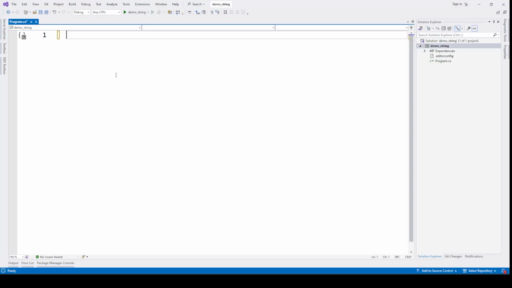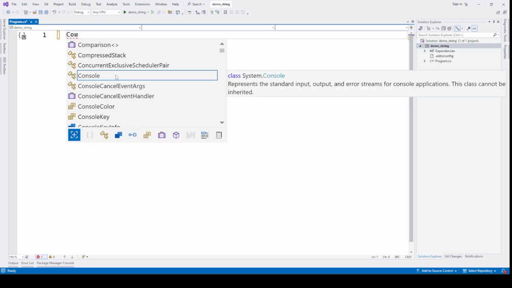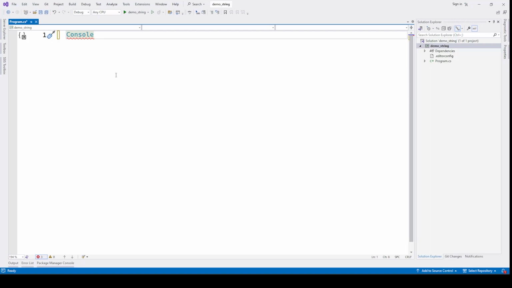So comments are basically what we use to describe our code. Suppose you have written some complex logic and you want to explain that logic in normal language. For that, you can use comments. Let's see an example of a comment. Console.WriteLine("Hello world");